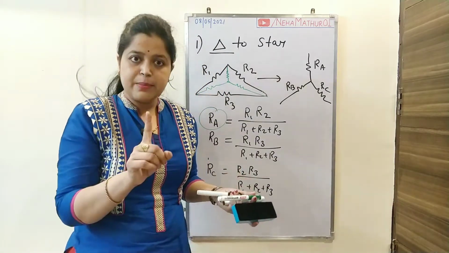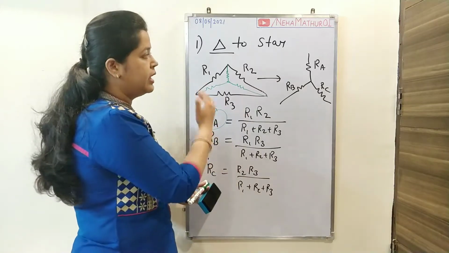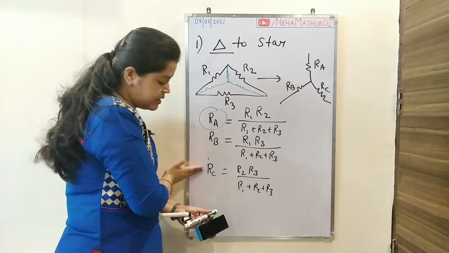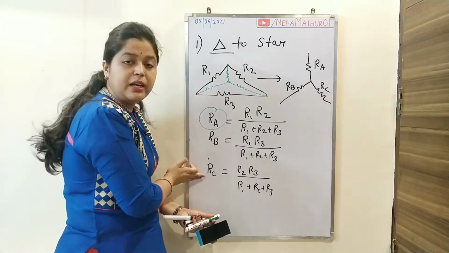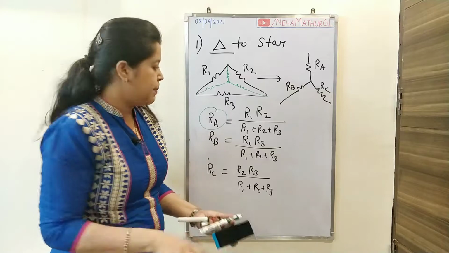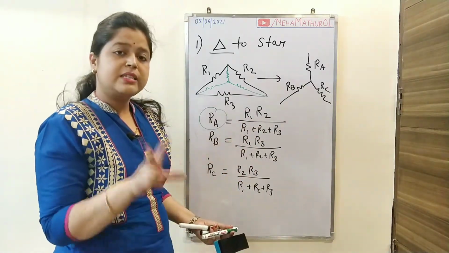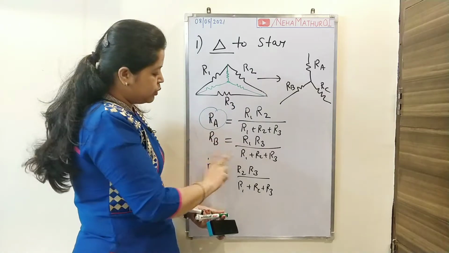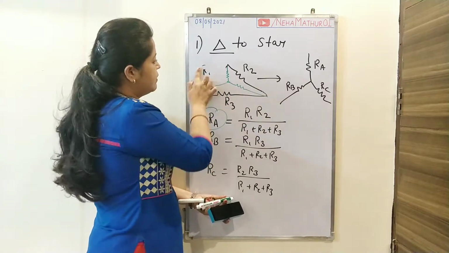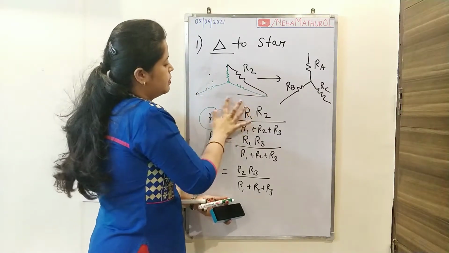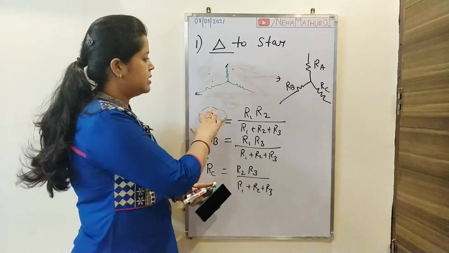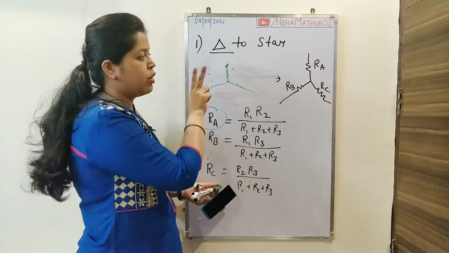Now the first step is, whenever you want to convert your delta into a star, you will have to firstly calculate the relevant resistance in the form of RA, RB and RC, and you will definitely get some appropriate values like 10 ohm, 20 ohm, 40, depending on R1, R2 and R3. After that, the second step is, after the calculation of RA, RB and RC, you can replace that circuit having R1, R2 and R3 by a star like this. Fine. Now this is the equivalent circuit after the conversion of delta form into a star.